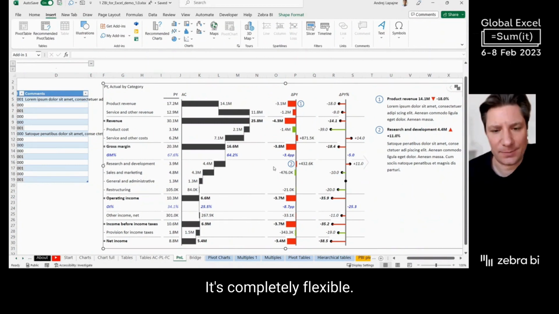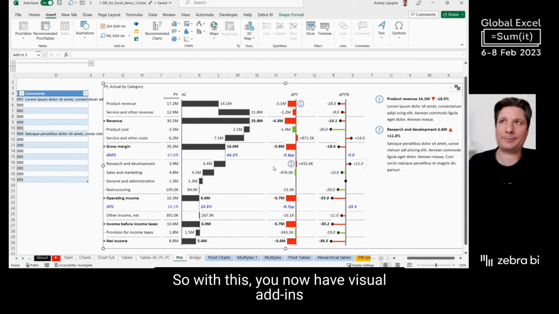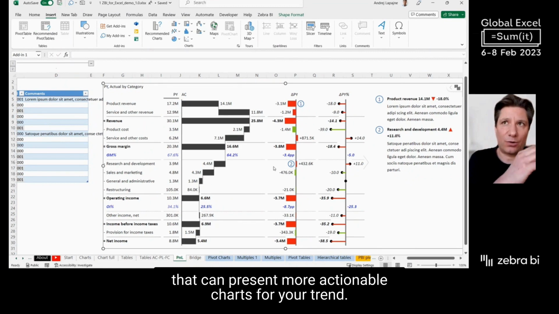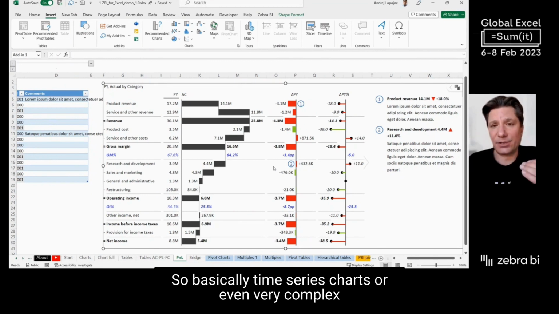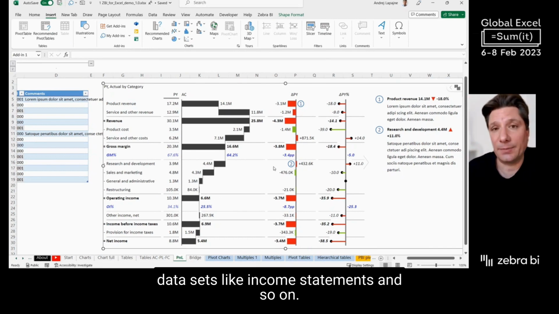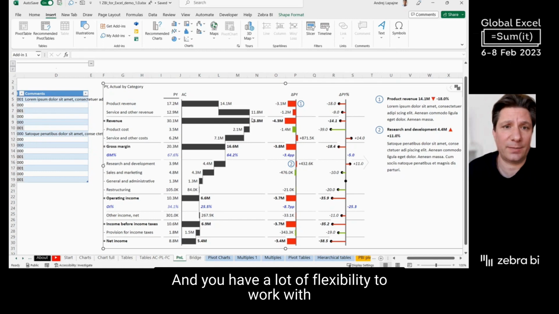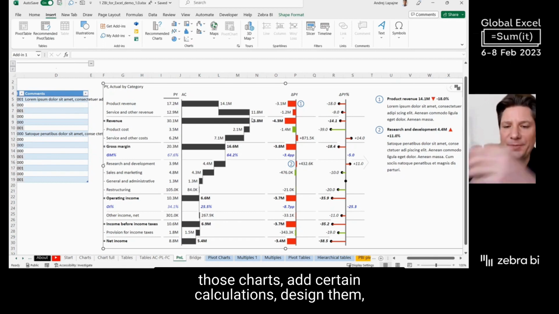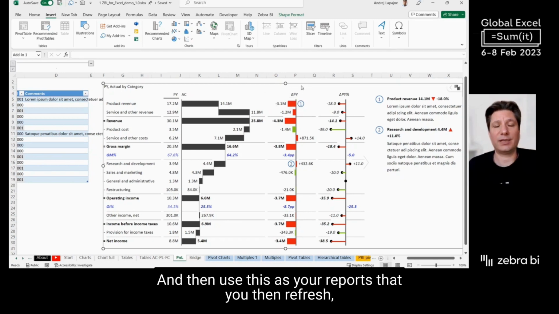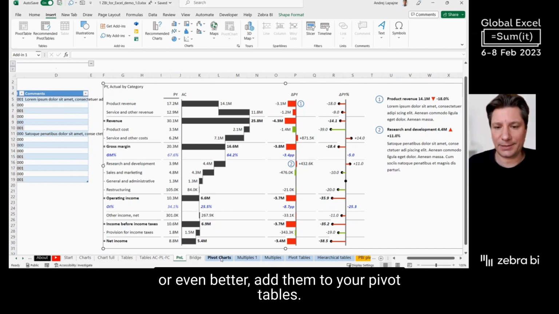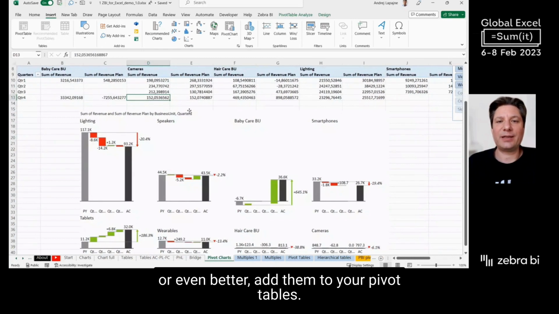It's completely flexible. So with this, you now have visuals, add-ins that can present more actionable charts for your trend. So basically time series charts, or even very complex data sets like income statements and so on. And you have a lot of flexibility to work with those charts, add certain calculations, design them, add comments, and so on, and then use this as your reports that you then refresh, or even better, create them from your pivot